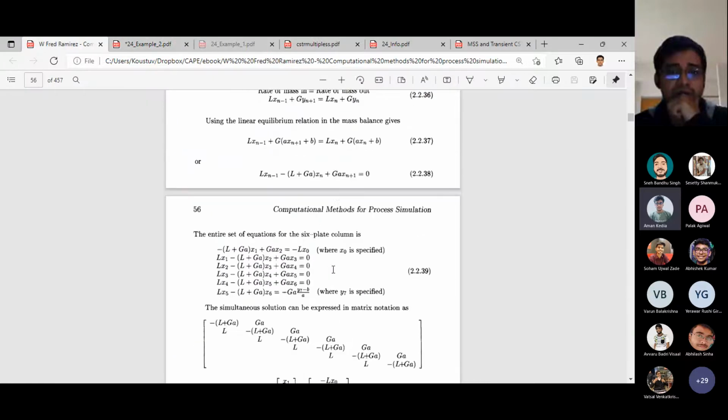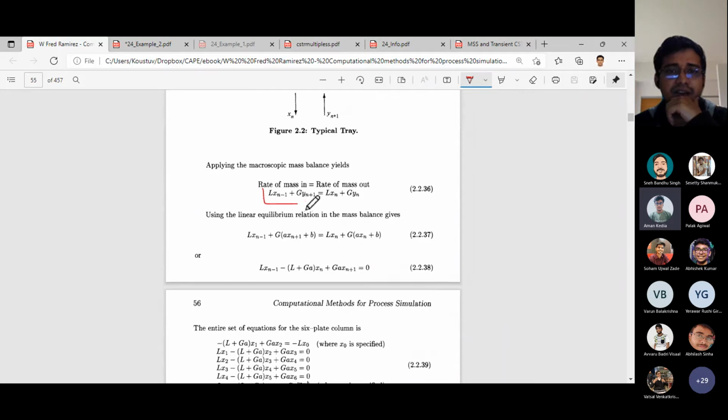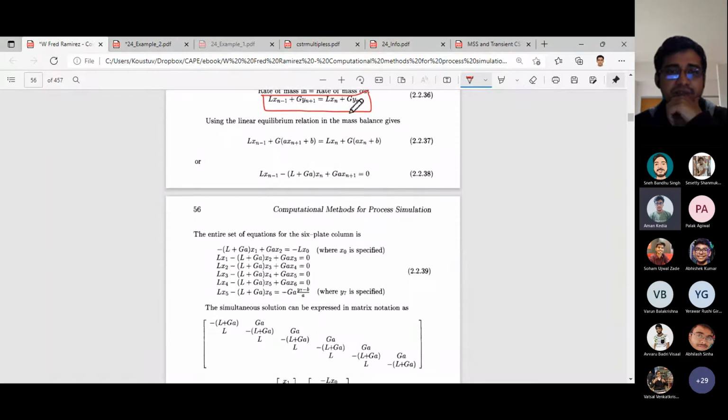So in general we can write it as this. This is our main governing equation, which actually changes from plate to plate. So what is our main governing equation? The governing equation is this. Now this can be easily substituted to get rid of y, and that we have exactly done here. So this is our main equation, right?